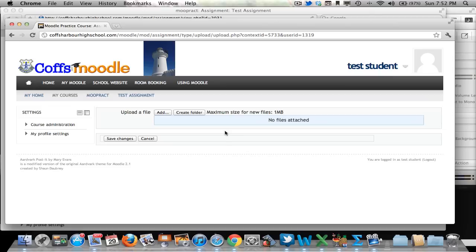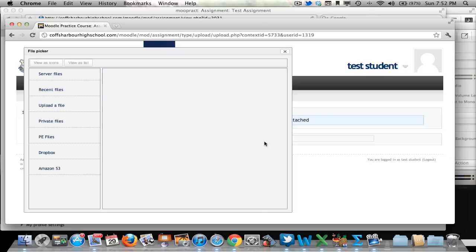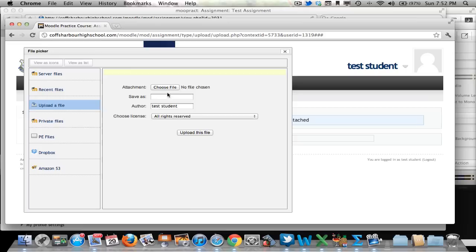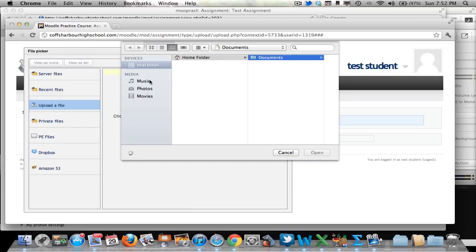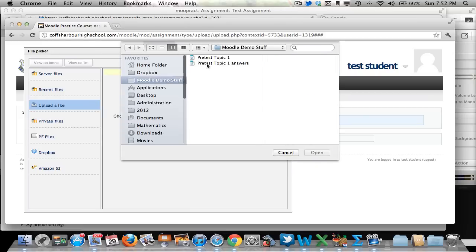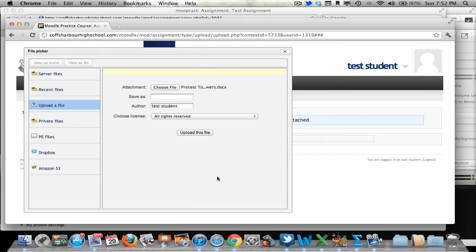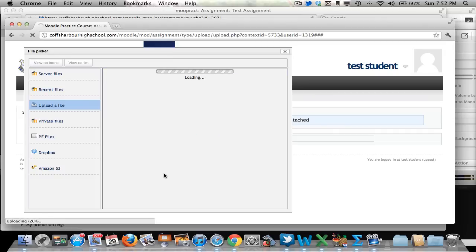Okay, so it opens up the file picker for a student, and they then choose to add a file. They can choose from the server or their own private files, because they've all got a private file storage area on Moodle as well. Upload a file. They choose which file they wish to upload, and pre-test topic 1 answers. They upload that file in response,